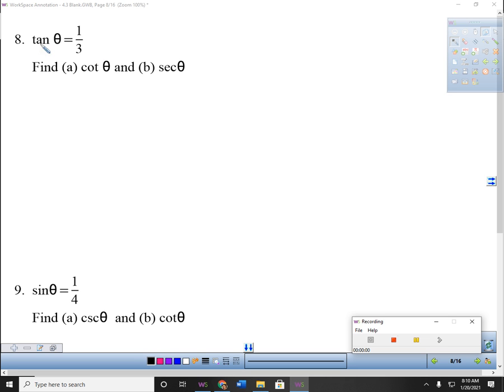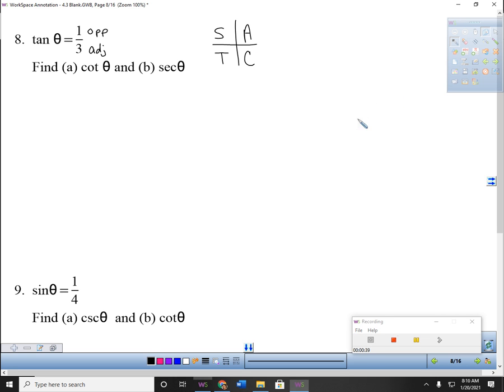All right, so on number 8, what we're going to do is create a triangle, because I'm a visual person and I like to look at things. I know that tangent of an angle is always the opposite side over the adjacent side. They're also telling me that tangent is positive, so that's either in quadrant 1 or quadrant 3, based on what we talked about the other day: All Students Take